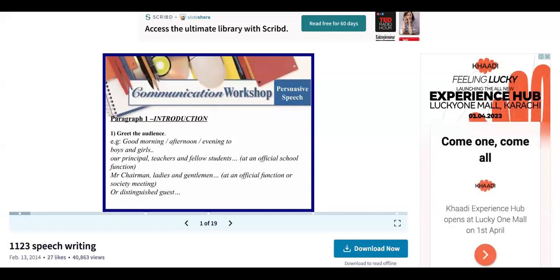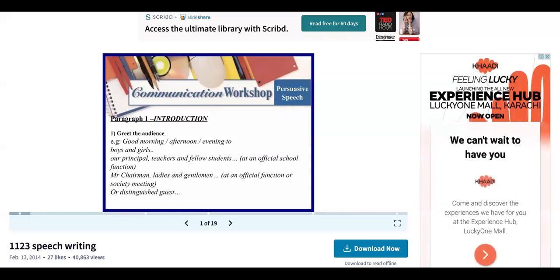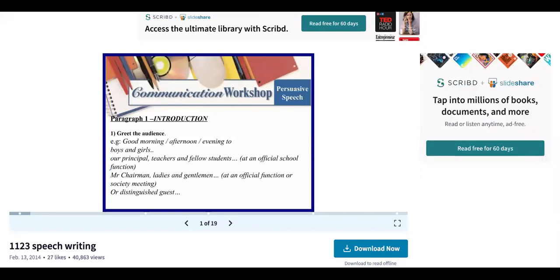The different types that you get include a personal experience speech, in which you might not have to give such a formal introduction. Otherwise there are special occasion speeches, which can also start very directly. They can just address the person you are talking about, because it's a special occasion. Let's say the special occasion is that you're giving an award to a person. It could start with just three adjectives that you know about that person. It varies from topic to topic how your introduction is going to be.